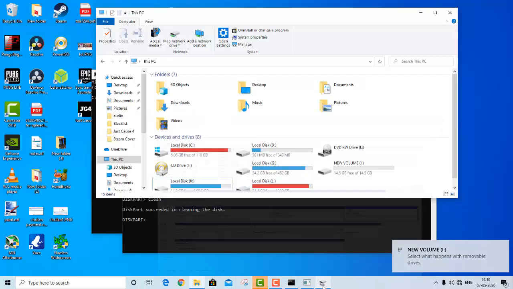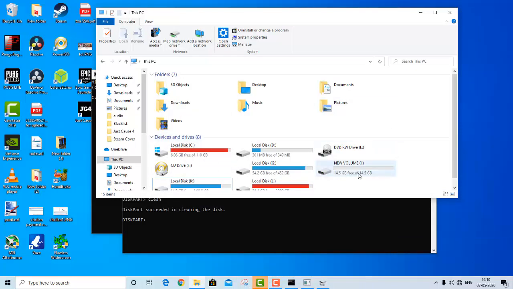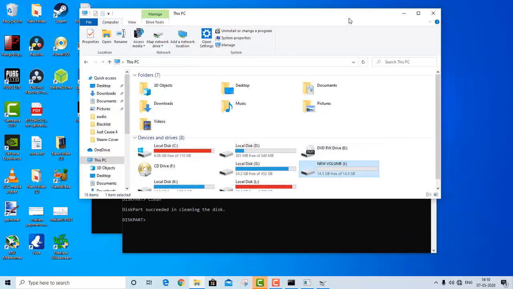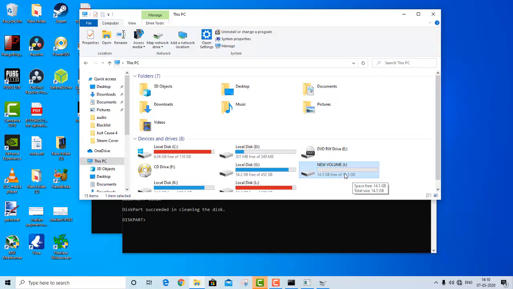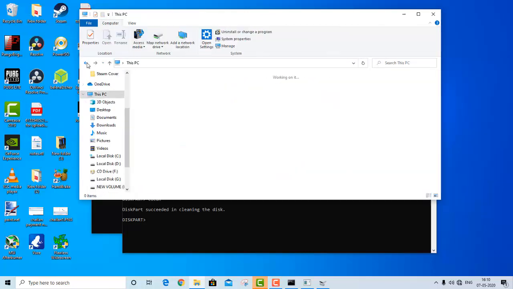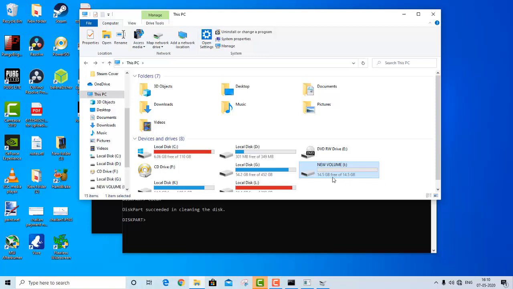And now you can see my Ubuntu bootable flash drive has become a normal flash drive which is 14.5 GB in size. It's not 3 MB, it's not 2 MB, it's not just a read-only flash drive, it's 14.5 GB, readable and writable.